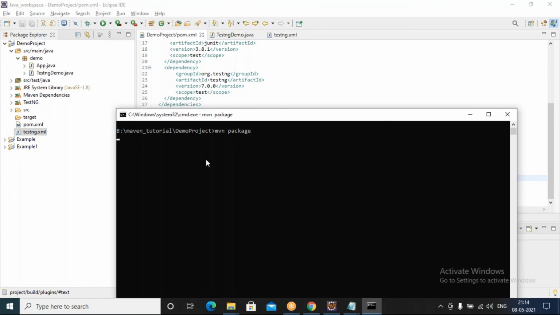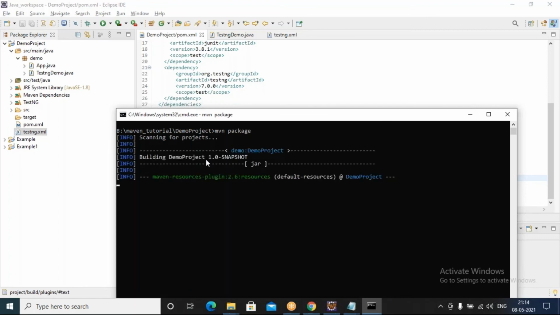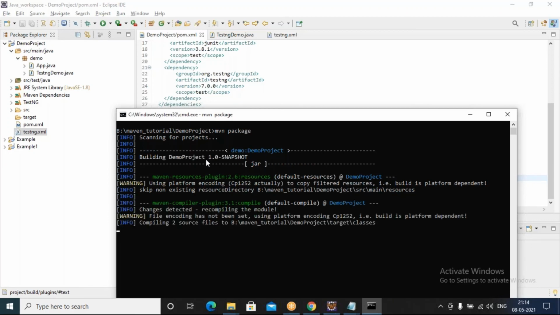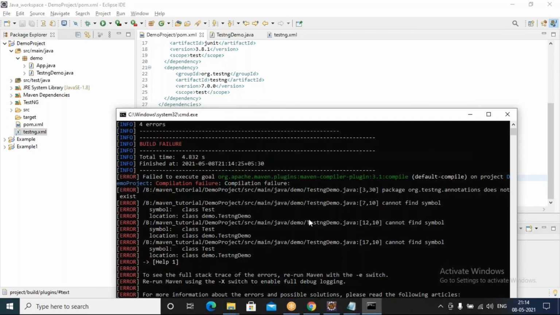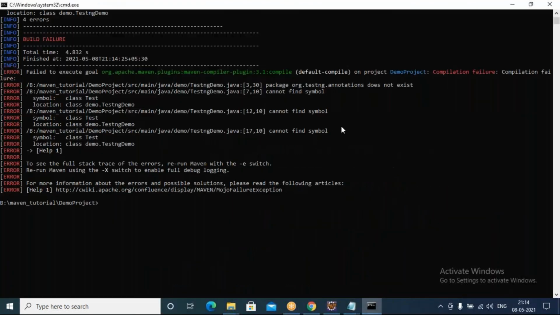Let us see. I'm giving package phase now. It's pulling the compiler plugin, and I see some error in my code. Package org.testng.annotations does not exist, it is saying.